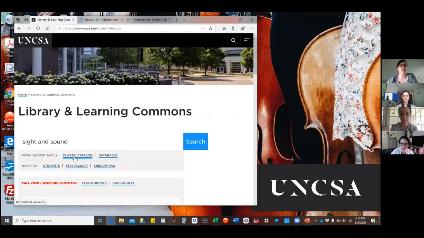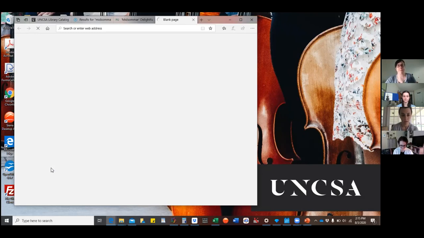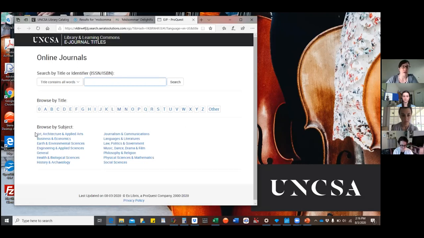Now we're going to search the eJournals, electronic journals, and I'll show you how that takes us to that page, but it's easier to refine your search using this search. Okay, so this is great because you can browse by subject, or if you know what it begins with, you can also, if you have an ISSN or ISBN, title equals or begins with, you can search all that way. So we'll start with doing a browse,